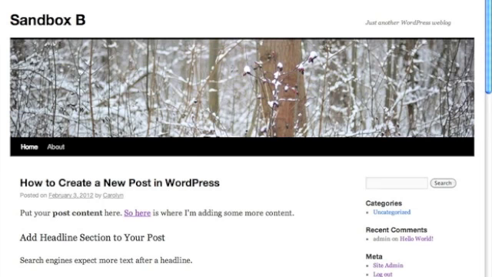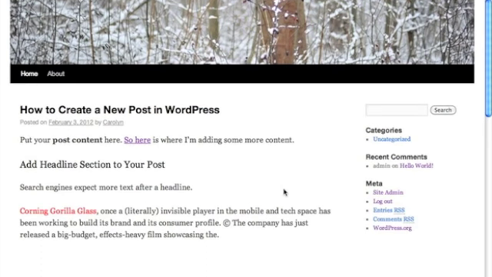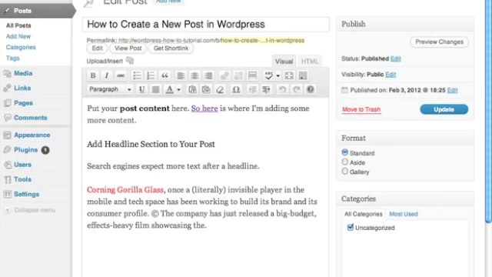You may also recognize this, the little post that we've been working with on how to create a new post. And as I mentioned before, since I am logged in and I am the author of this post, I can just view it and I have the option to edit it. I would not see this if I could not edit the post. So you don't have to worry about your site visitors seeing that. So I'm going to click on that edit and go to my post, and now I'm going to add an